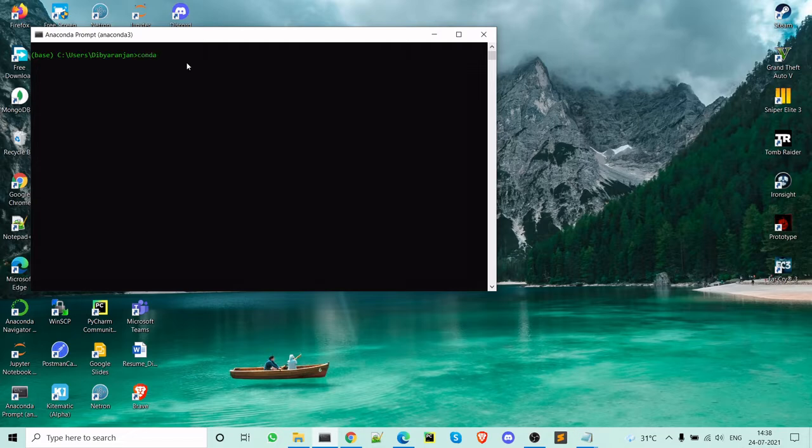For creating a new environment, just type conda create -n and the name of your new environment. Just a note, before creating a new environment, always try to create the environment name based on your project.